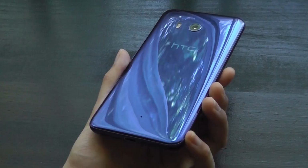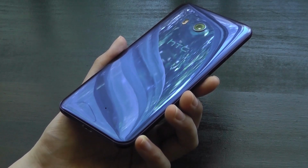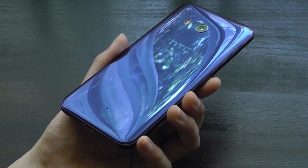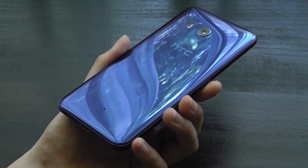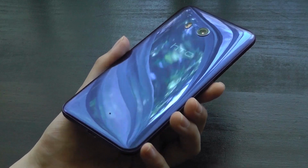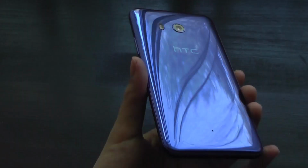really went downhill. These days they come back every once in a while with a mid-ranger, often in the Desire line, and it's only available in Asian markets. So their presence in North America, at least, has dwindled compared to the days where they were the king of Windows mobile smartphones, and they were also one of the first Android manufacturers ever. So it's just kind of unfortunate and just tells you how fickle the smartphone industry is, and it does have